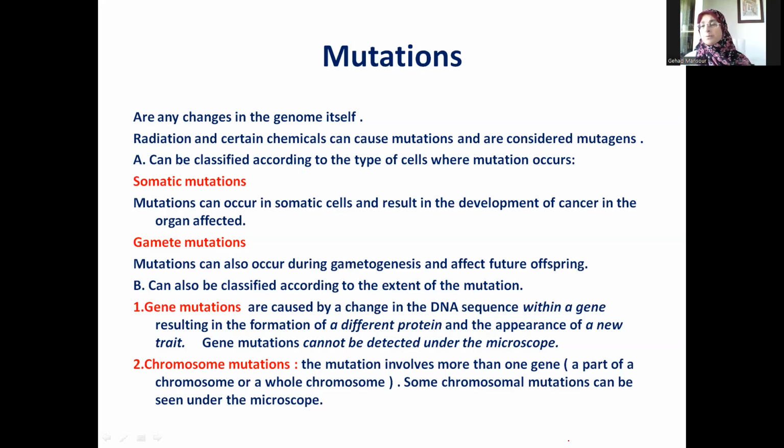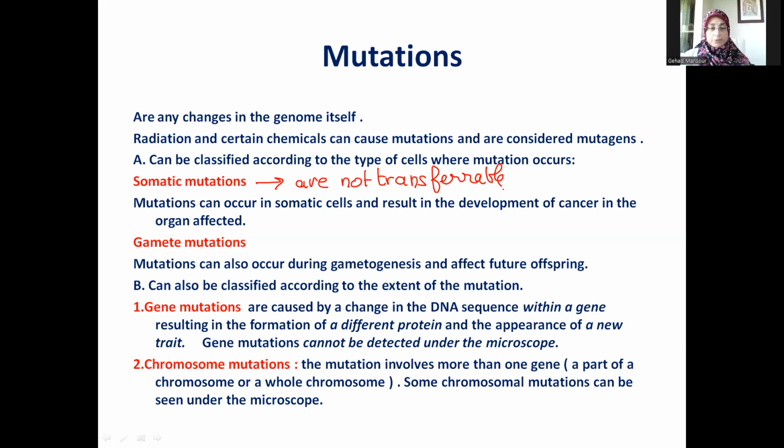So there are a multiplicity of substances that are called mutagens. And we can classify the mutations in two ways. We can classify them according to whether they occur in somatic cells or during the formation of gametes. If they occur in somatic cells, then they are not transferable. So the somatic mutations are not transferable to offsprings because they occur in a somatic cell, not in a gamete, and they